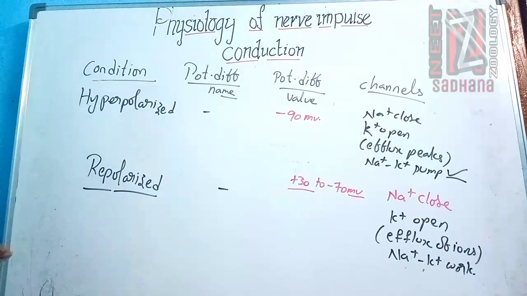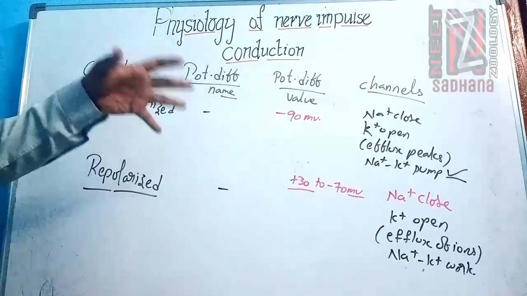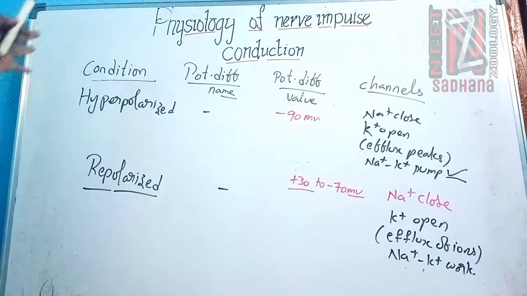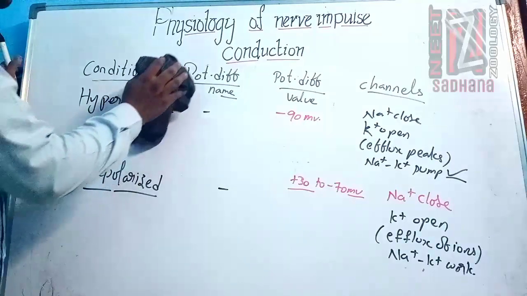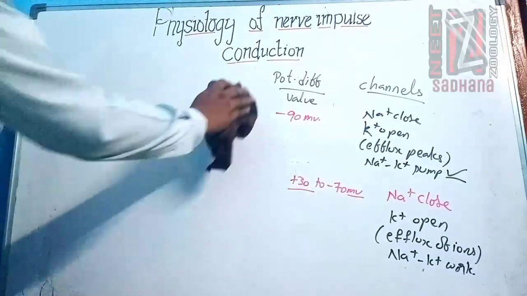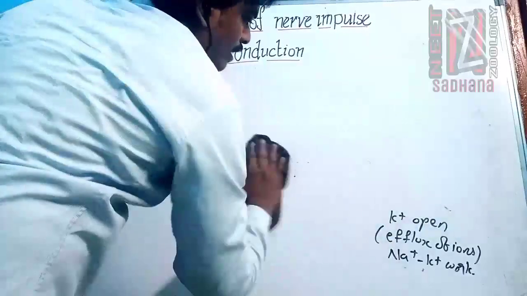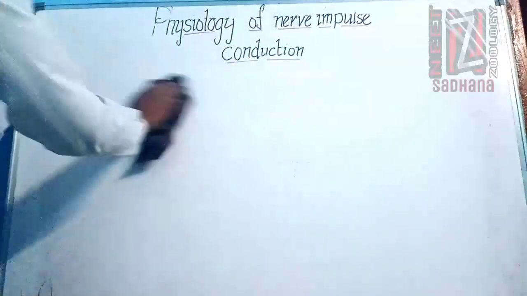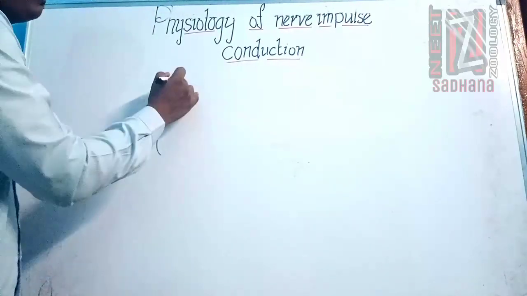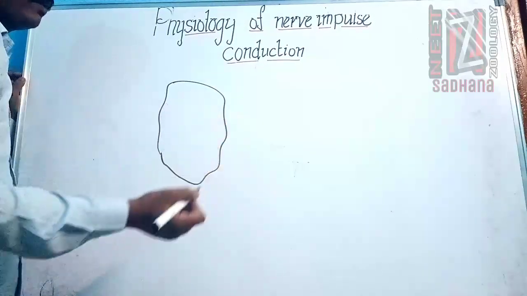That's the main point. So if you observe this table, if you are able to put this table in your notes or something like that, you can easily answer all the questions regarding the conduction of the nerve impulse. And I want to conclude this conduction of nerve impulse with the main point about the condition of the ions inside and outside the cell. So whether it is a nerve cell or any other cell, remember this point.